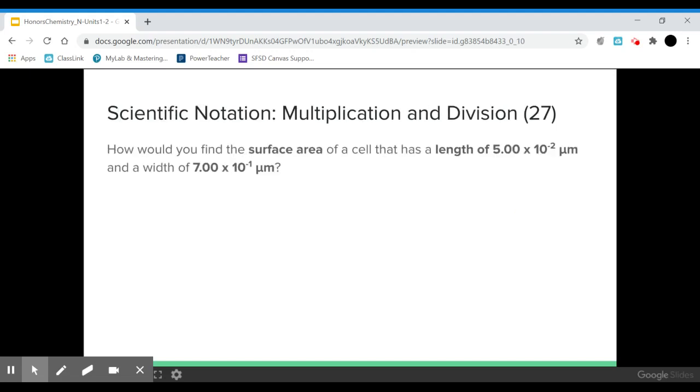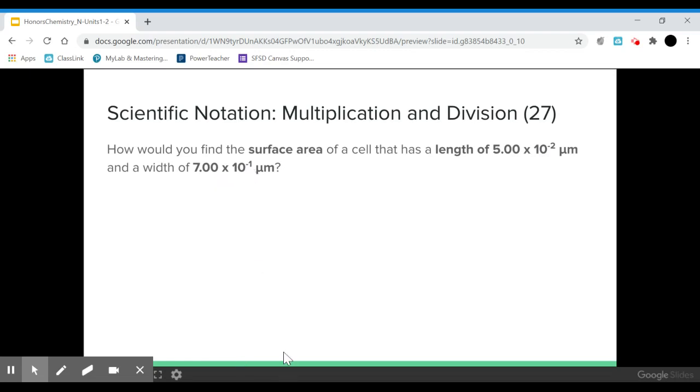And the last thing we're going to go over is how we deal with multiplication and division with scientific notation. Now, there were instructions in the summer work on how to express your numbers using the E button on your calculator. We're going to go through a quick demo in class on how to do that. But for the time being, I want you to look at these two numbers. We have the length of a cell, and the length is being expressed in micrometers. The length is 5.00 times 10 to the negative second, and the width is 7 times 10 to the negative